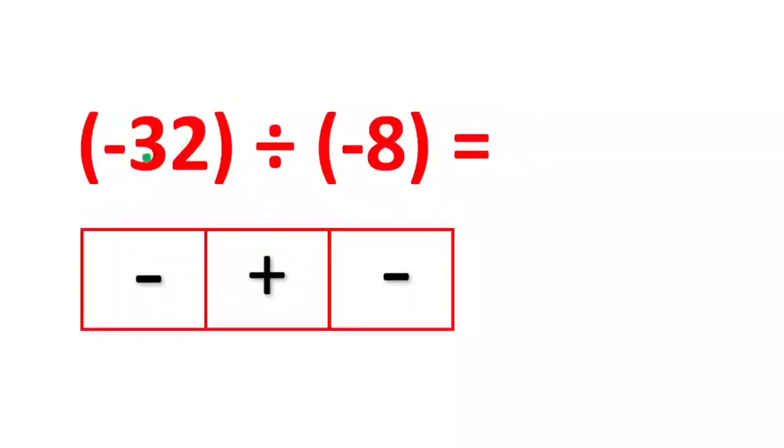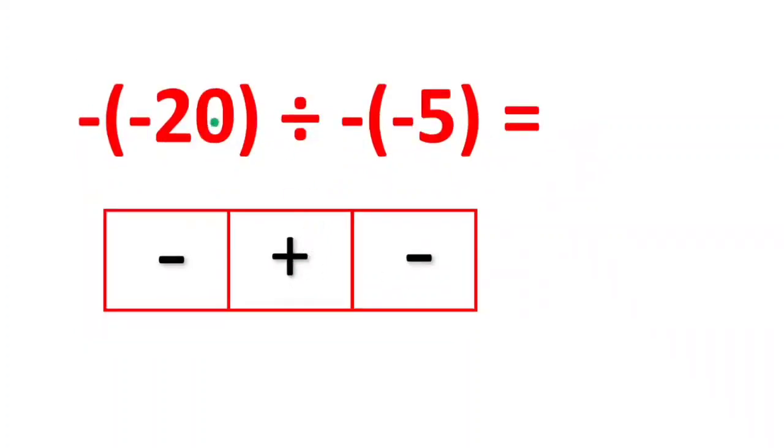Here is the next question, negative 32 divided by negative 8. First we simply do the division. 32 divided by 8. 8 4s are 32. We get answer 4. And what sign will be here? Only match this sign. So first negative is matching. Here this sign, negative, is matching. Remaining sign is positive. That's why we are getting positive. So that means negative 32 divided by negative 8, we get answer positive 4.